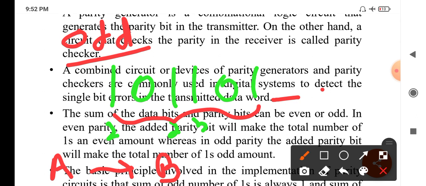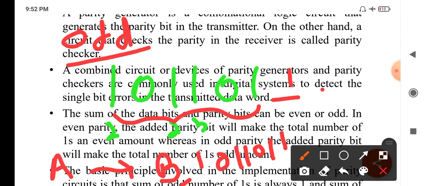In the case of odd parity, if the total number of ones is even, then we put 1 here. And this 1 0 1 1 0 1 1 is transmitted to B. While receiving at B, we should have the information 1 0 1 1 0 1 1.